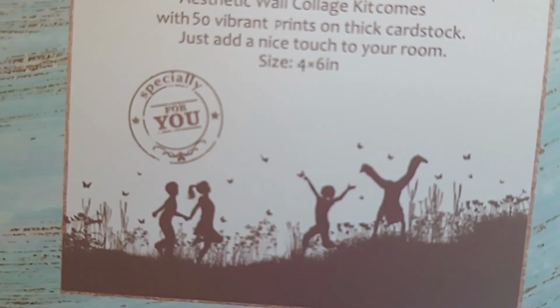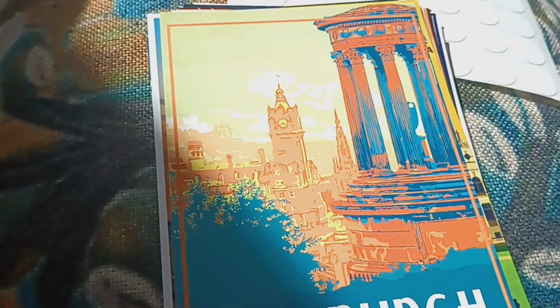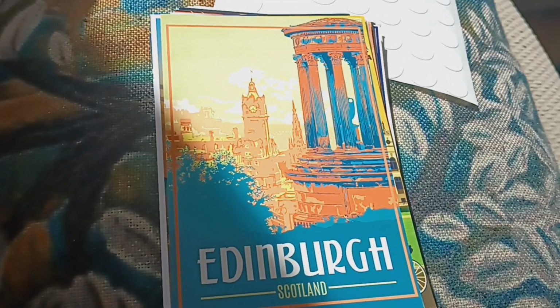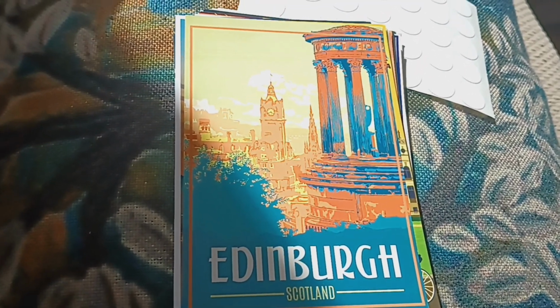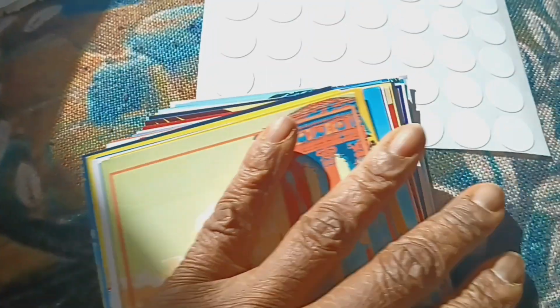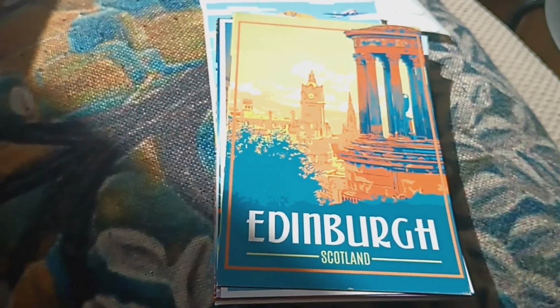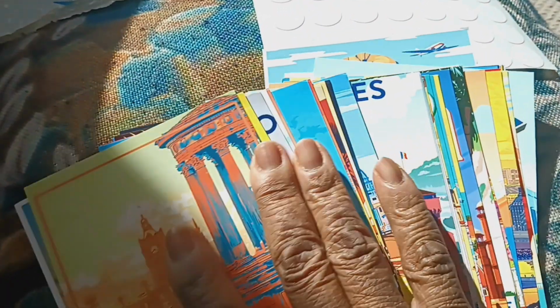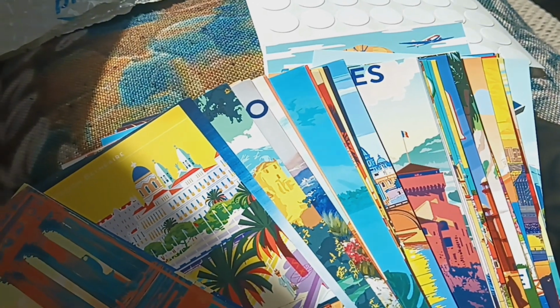Actually, right here on the box, it does say that they're 4x6. But for some reason, from the ad, I thought they were larger because I had a plan of creating a collage of these on a wall in my dressing room. I could still do that, but there's not enough. Obviously, I wasn't looking to cover an entire wall, but I was looking to cover 20 to 25% of the bottom part of a particular wall. So I might still be able to do that, or these will be items that will go into some of